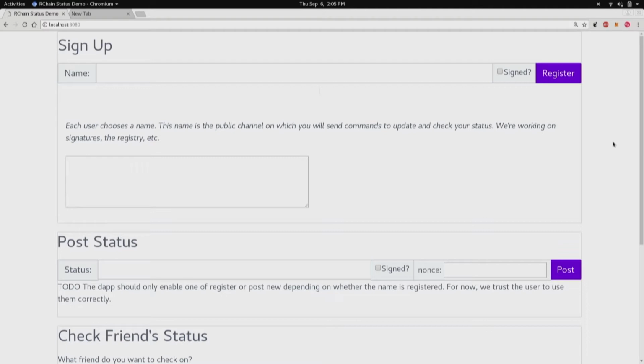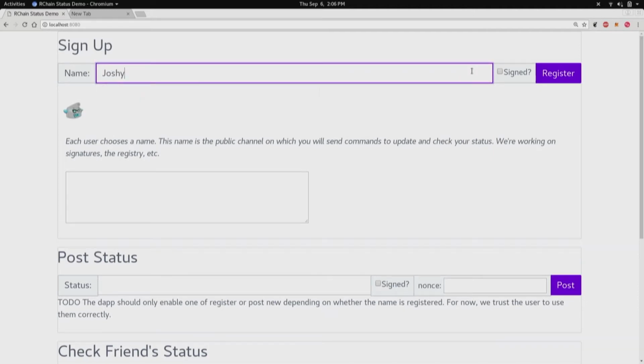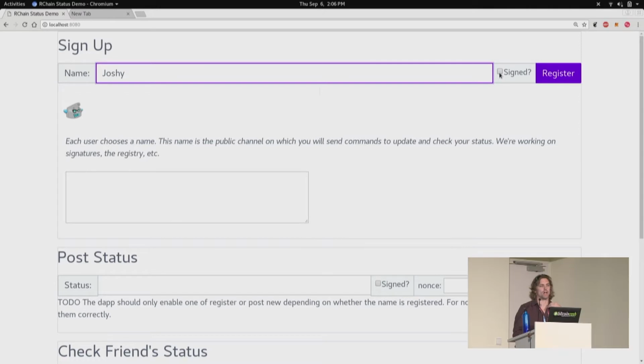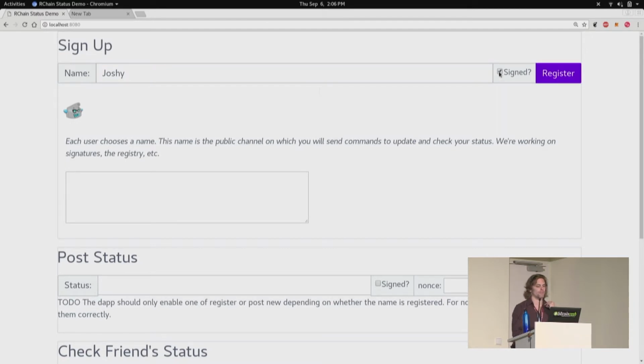Before, just like any service, including actual Facebook, I have to sign up and give some sense of who I am. So let's say I'll just be my name. At the moment, we have the option to use this both securely, where we sign it like I've described, and also insecurely, where statuses can be easily forged and everything. I think we accidentally broke the insecure version last night, but maybe that's just a sign that it's time to remove the insecure one. So I'm going to sign my transactions,